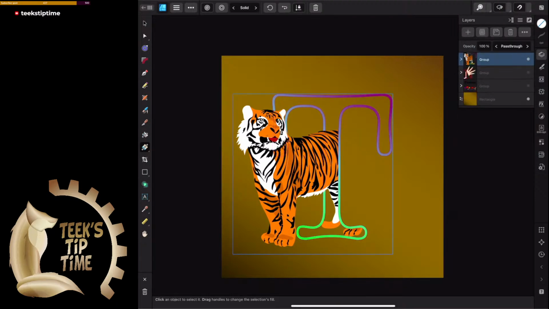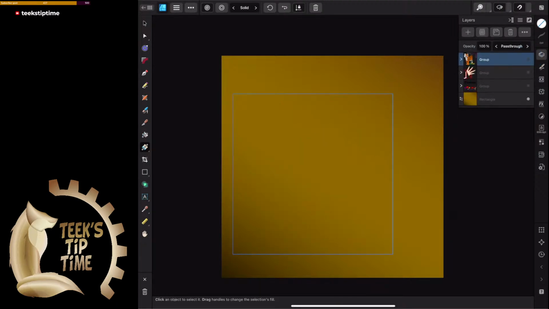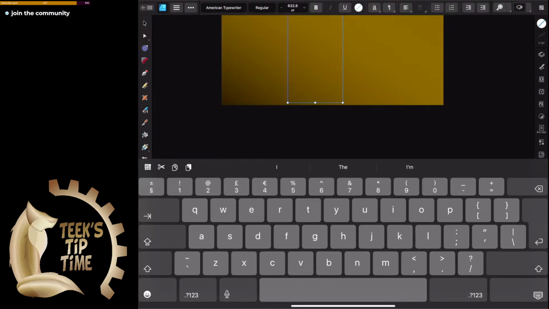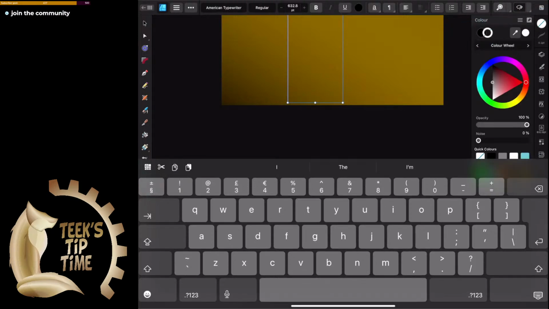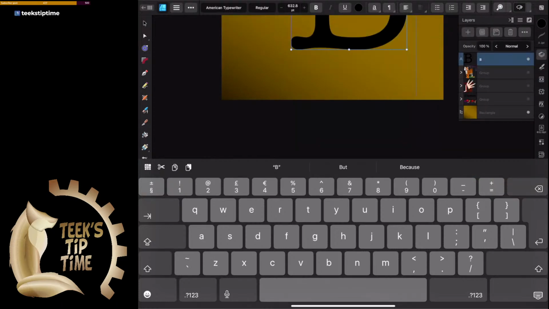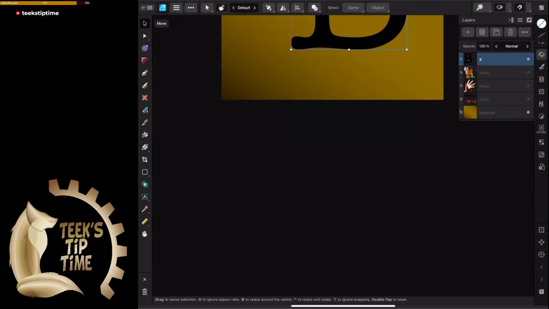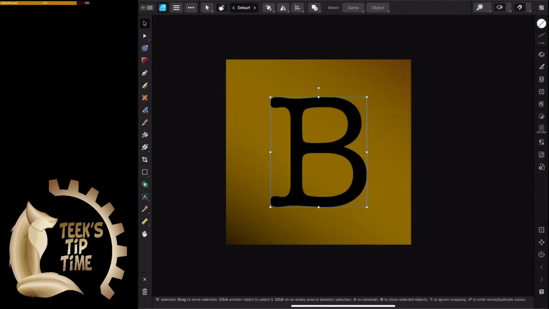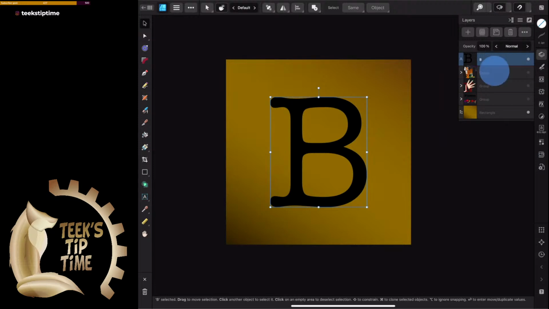Before I go into the next and go to our letters, I'm just gonna make, what should we make this time? To make sure we're on fill first so you can see it. I'm just gonna make this a B. That one didn't go into the group that time, so that was all good. So now that we've got our letter,